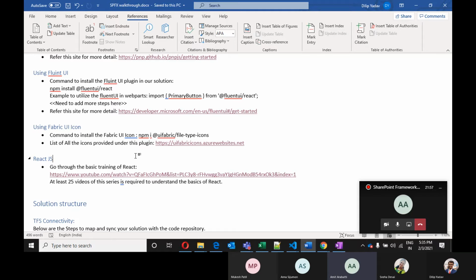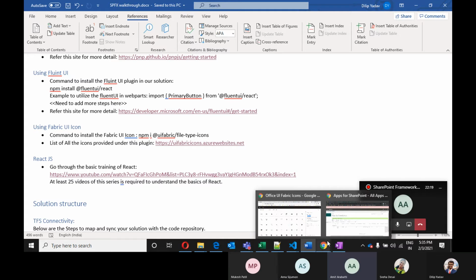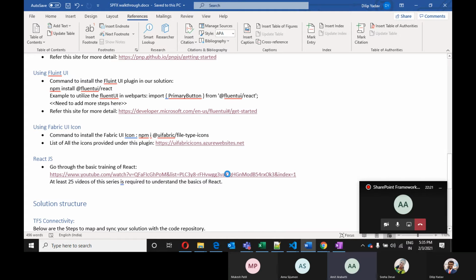And again, for this project per se, you need not go into detailed React tutorials. You don't need to go through React hooks or useEffect or all these kinds of things. It's not required, but at least you should be well aware of how to manage the state, lifecycle methods, and how to pass the properties between the components. All these basic things of React, you have to be well aware of.